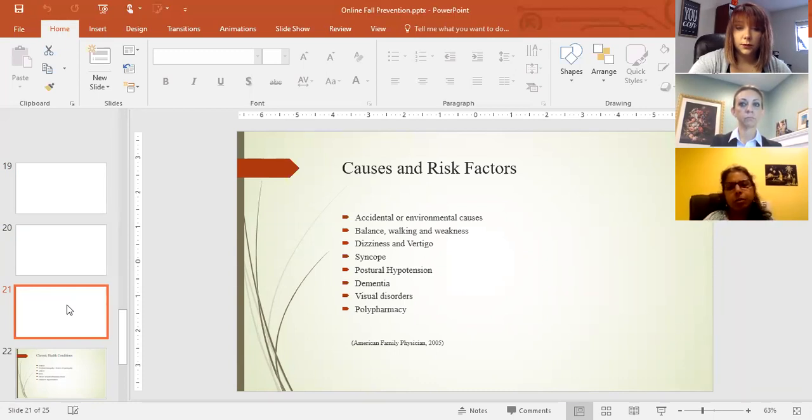Second point would be balance, walking, weakness. It's such a wide area range. But it's a fact that as we get older, our balance and our strength is not the same. So we need to continuously work on those things. So I usually tell patients that if you find yourself that you tend to hold on to things when you're walking in your house, or you realize that you just don't feel safe without holding, that is a point where you have to start thinking,